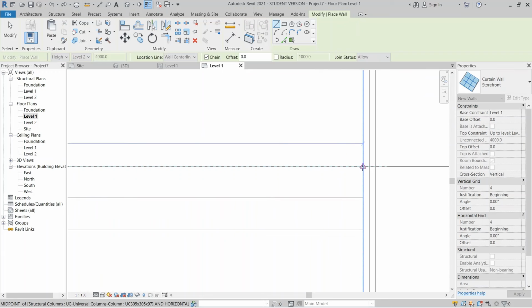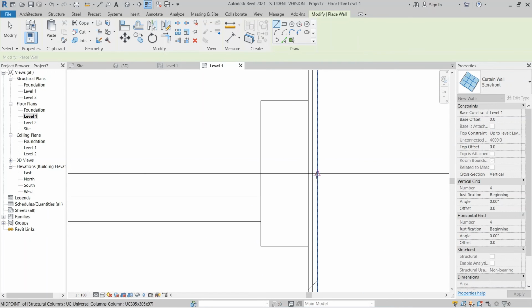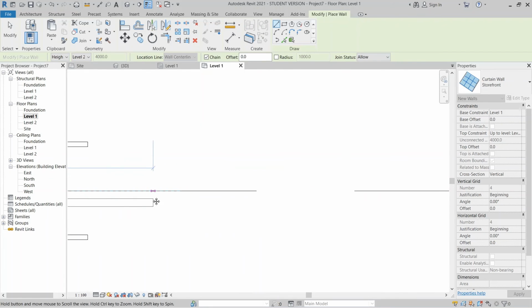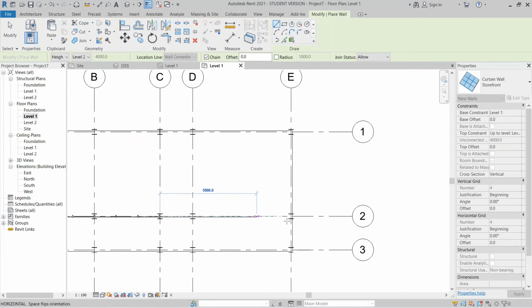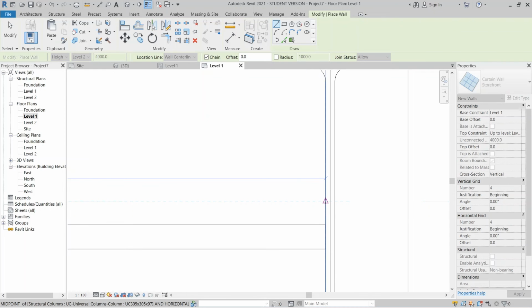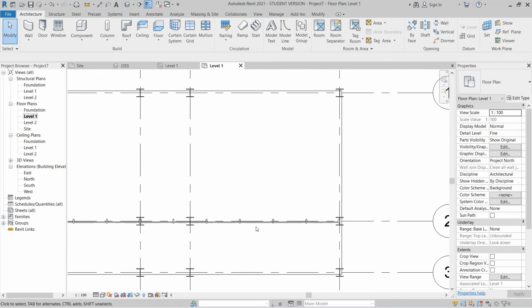You need to zoom in a bit because it is easier for you to join the connection. Okay, I just zoom out first like this.